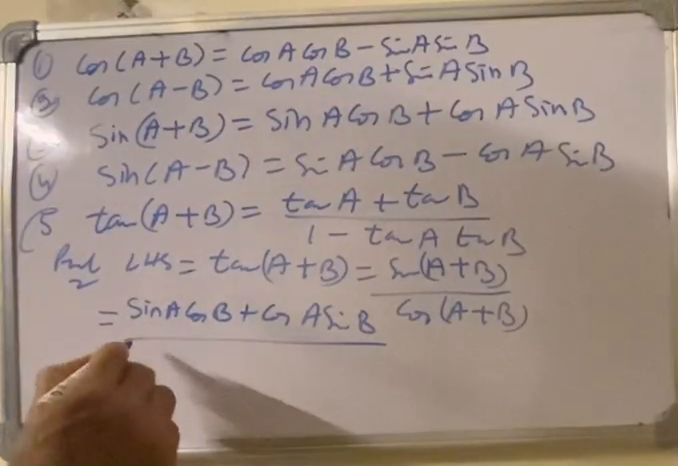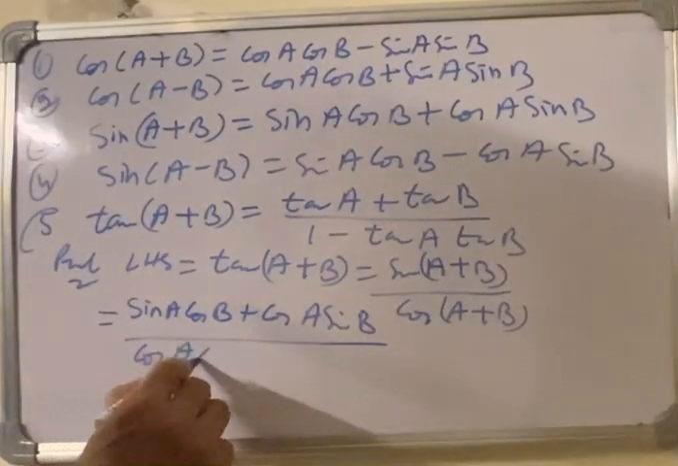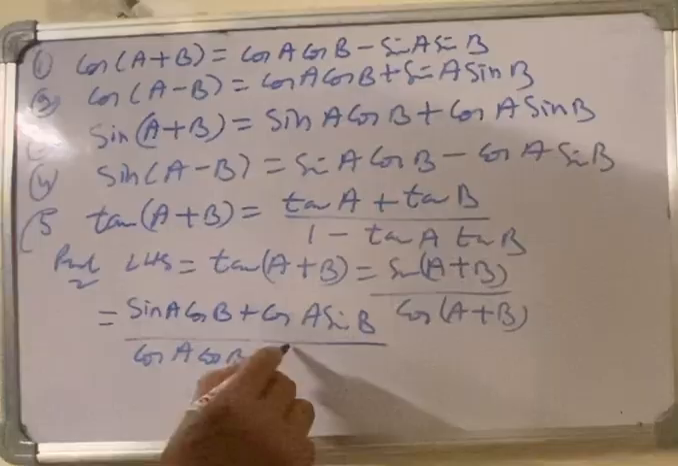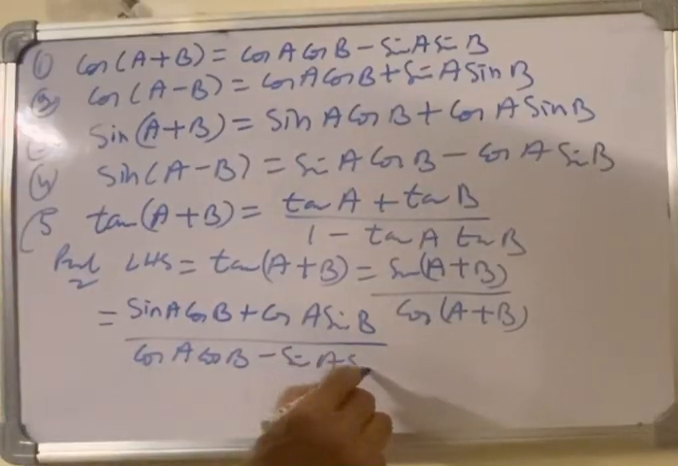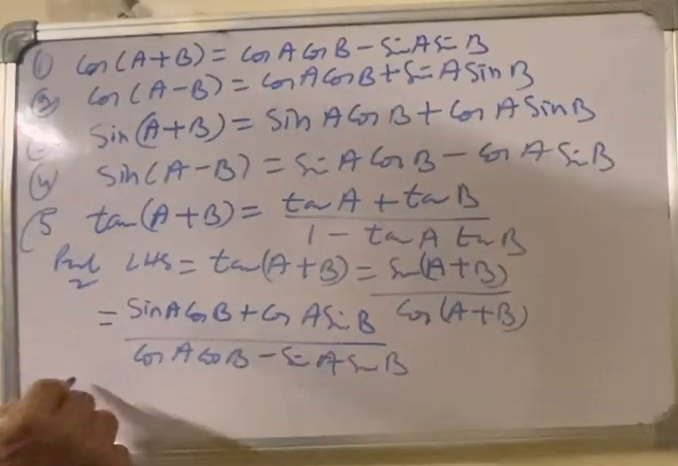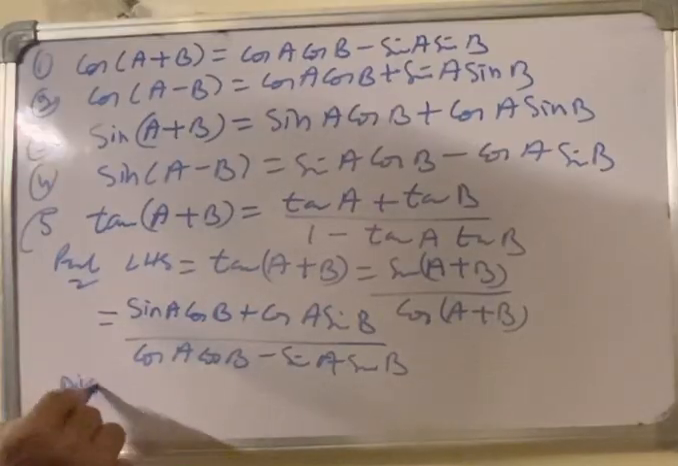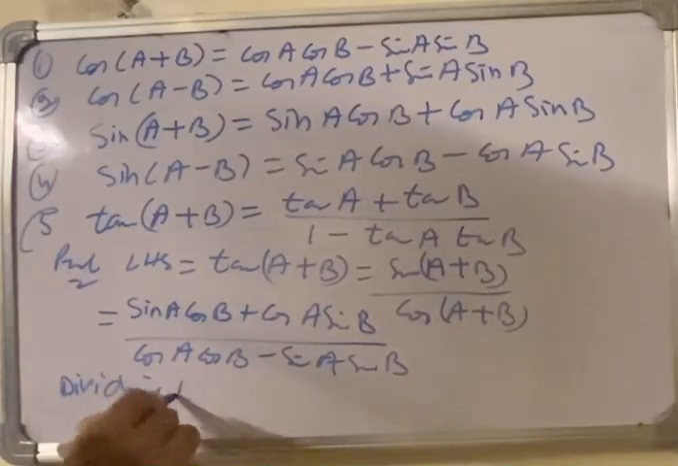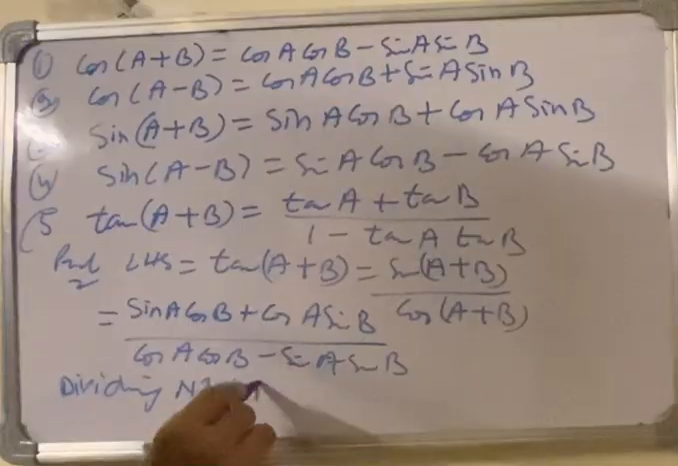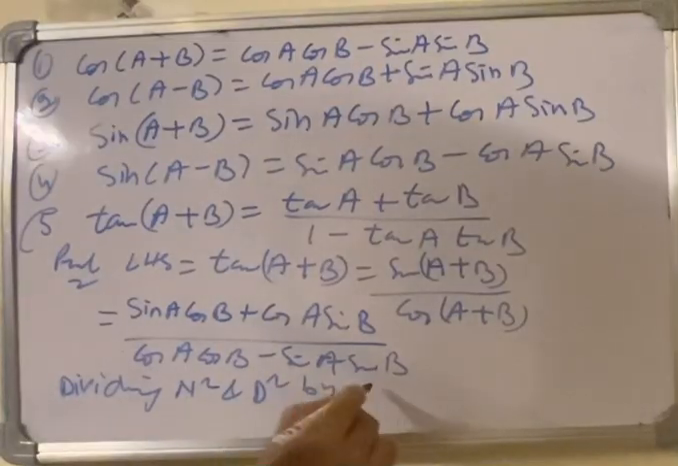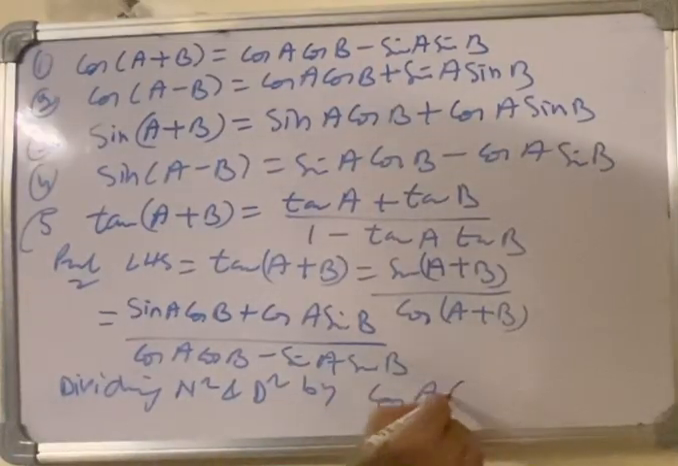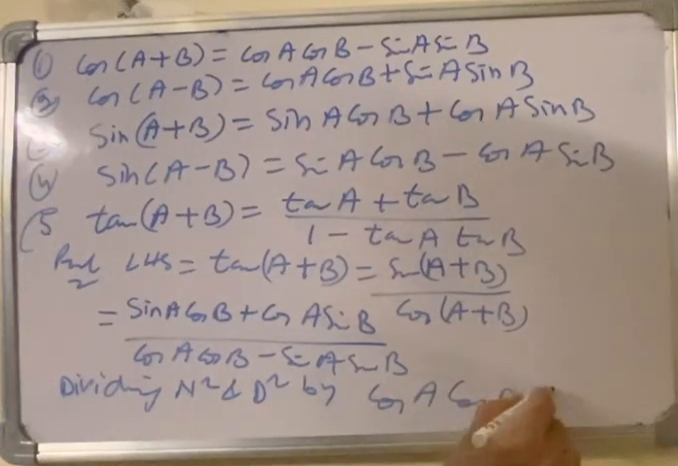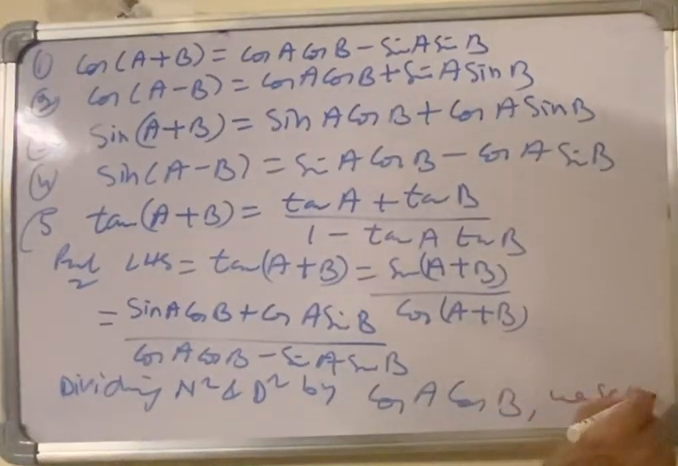over cos A cos B minus sin A sin B. Now dividing numerator and denominator by cos A cos B, we get